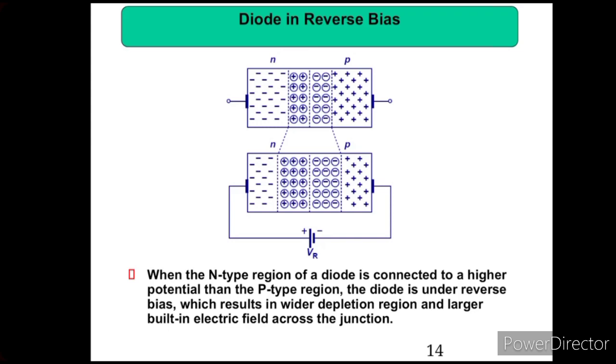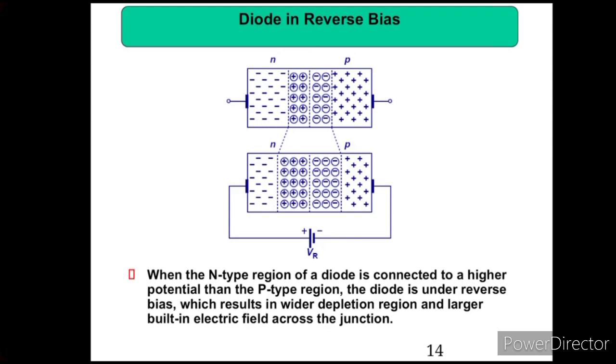The first condition of the diode is the reverse bias condition, as we see in the diagram, with an external potential connected to the diode. First, semiconductor conductivity can be changed by two methods. One is that we can increase or decrease the temperature. Another is that an external potential can be connected to the semiconductor. At that time, the current conductivity of the semiconductor will be changed.